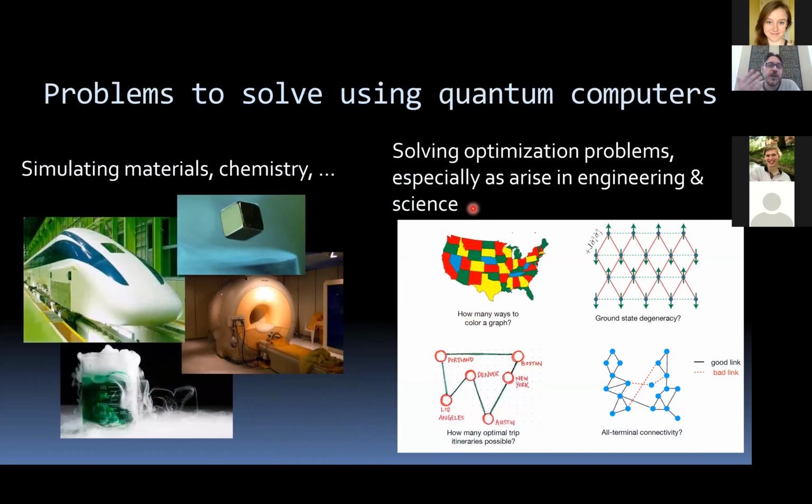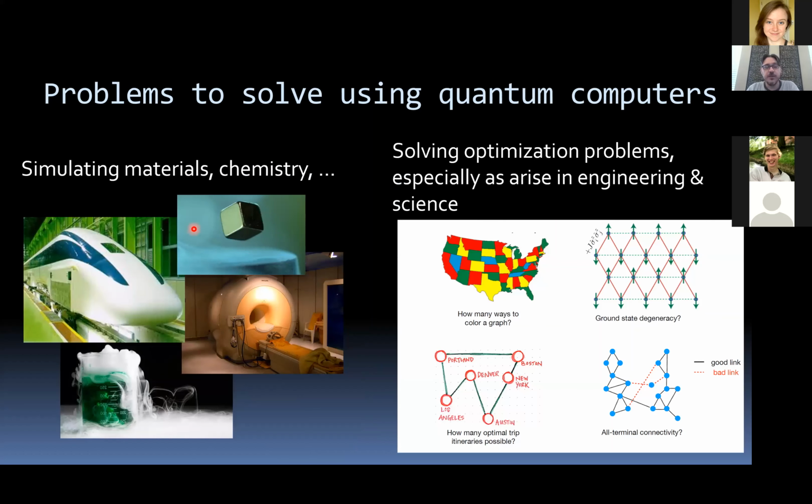So what types of problems do we want to solve using quantum computers? And different people want to solve lots of different types of questions. But in my group, the two main types of questions that we try to solve are simulating materials, simulating chemistry, basically simulating things that involve quantum mechanics. And it's maybe not a surprise that that's something a quantum computer could be good for. And I don't know if this sounds exciting or boring. If you're a computer scientist, maybe you say I don't care about materials and chemistry,